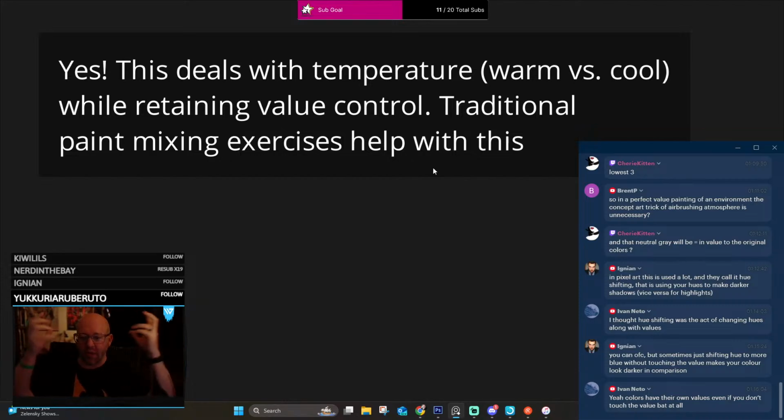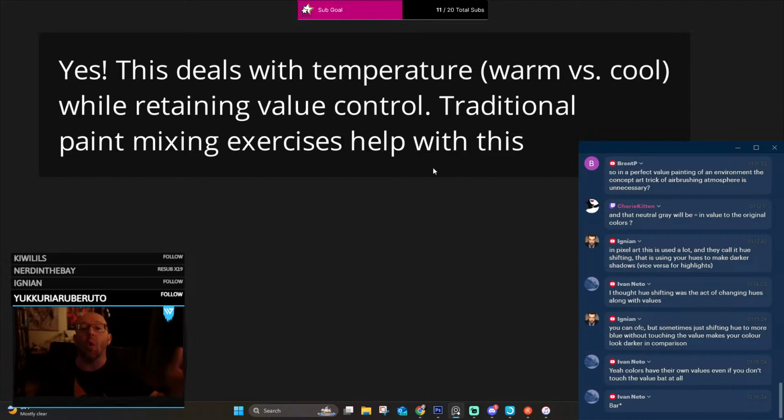So that's the other thing. That's where all of this really starts big braining: if you start realizing that every single color choice you make has an implication on your values, you really start stepping back and you're like, okay, what color am I going to choose? Because this is a way bigger decision than what I thought. And of course, because of the way the rods and the cones in our eyes work, blues recede. Your cooler colors tend to recede while your warmer colors tend to come up front. So then you have that optical illusion.